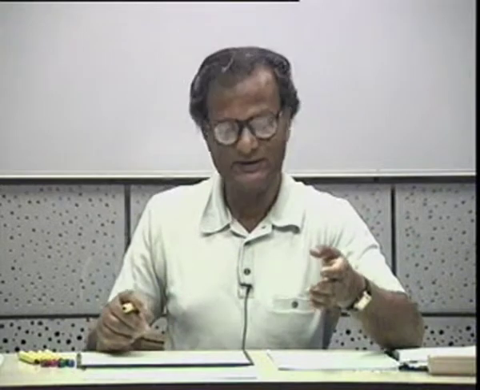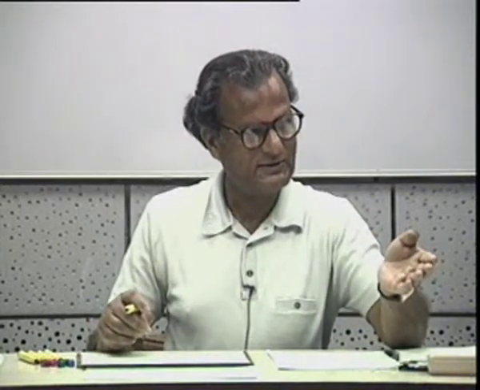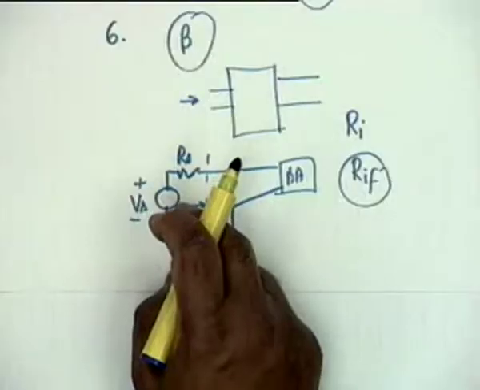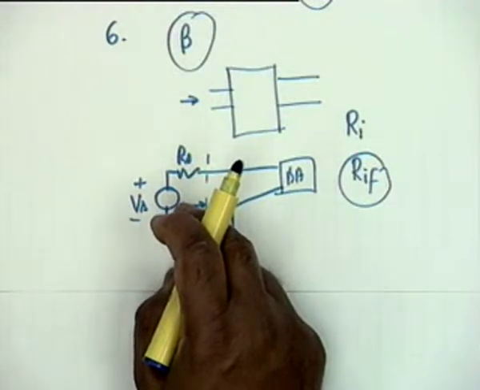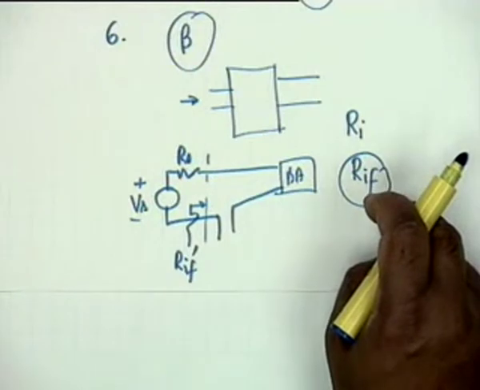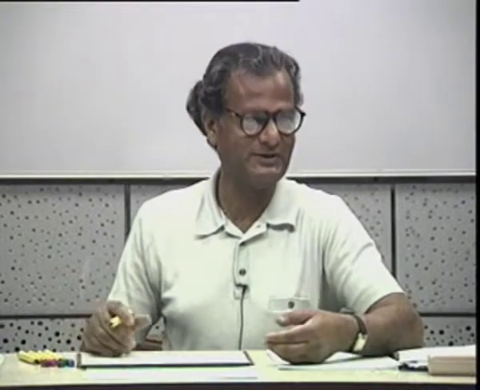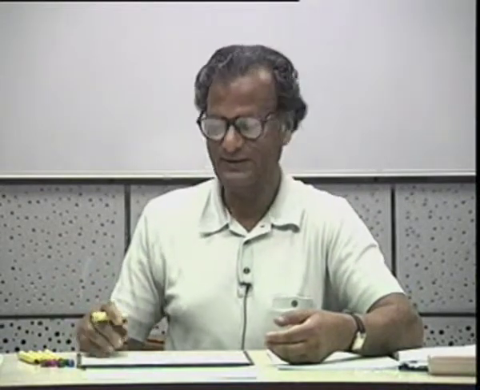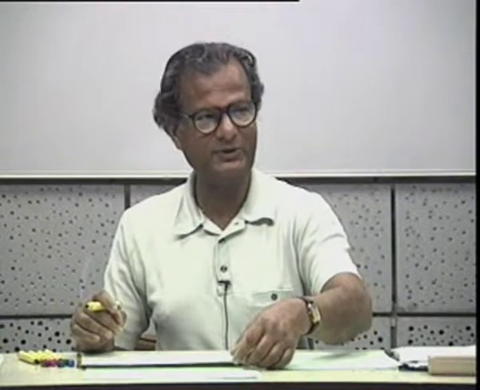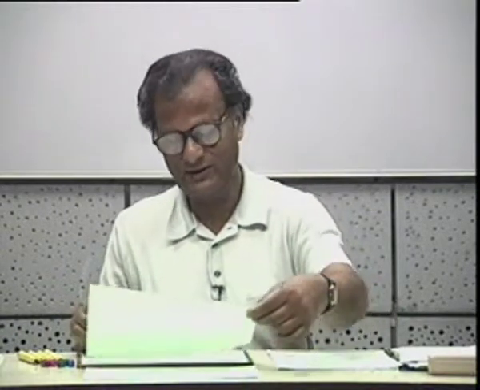Sometimes it will be in series. If it is a Thevenin voltage source, for example, then Rs has to be subtracted. If this is to be converted to a current source, then Gs has to be subtracted from Gif. You must do this with care, but looking at the circuit it should be obvious what is to be done. These are the general rules. Now let us quickly go through the other three configurations.